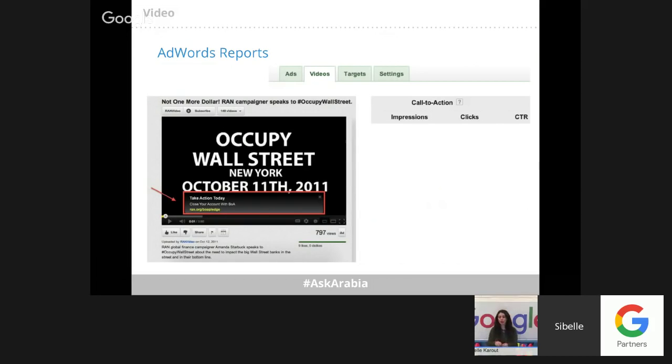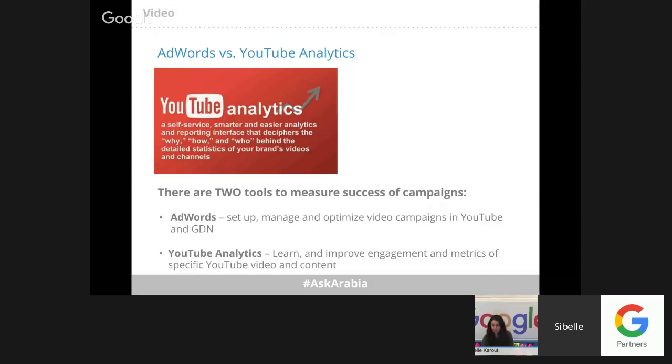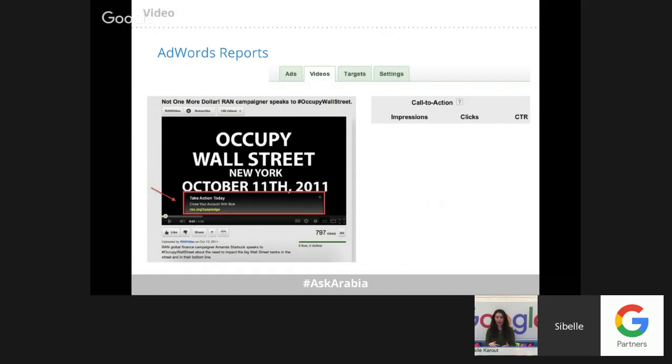Now, it also would give you a small overview of how your call to action is working. So when you have a normal video, whether you're using that video as an ad on TrueView or whether it's just a normal video on YouTube, you have a banner. You can create what we call a call to action overlay, where it's a banner that says take an action today, or it's exactly like an ad that will get people to click.